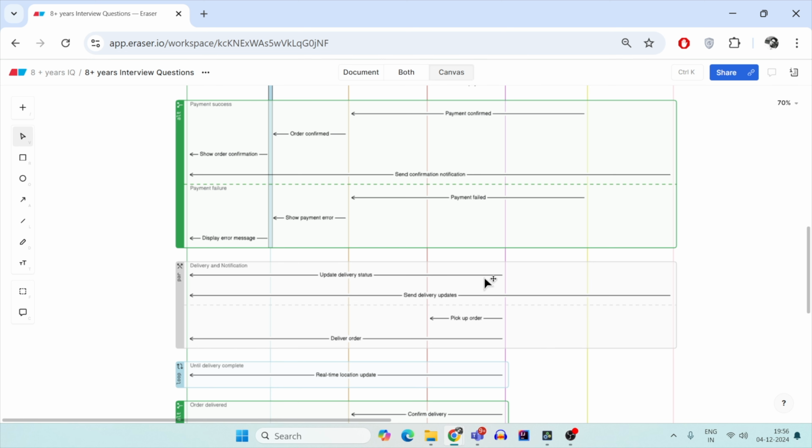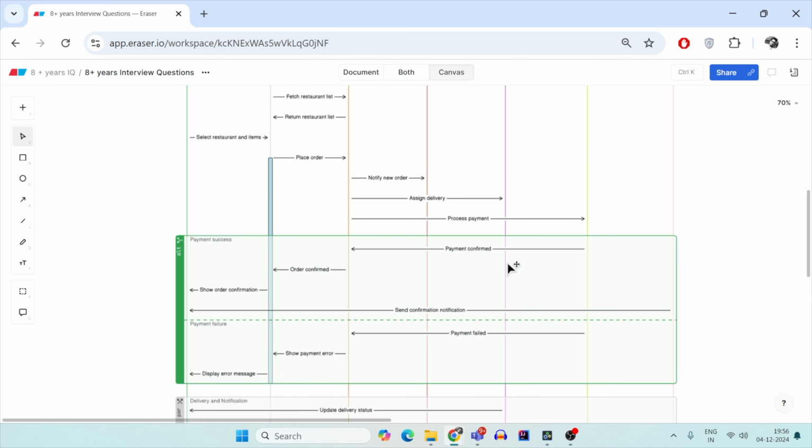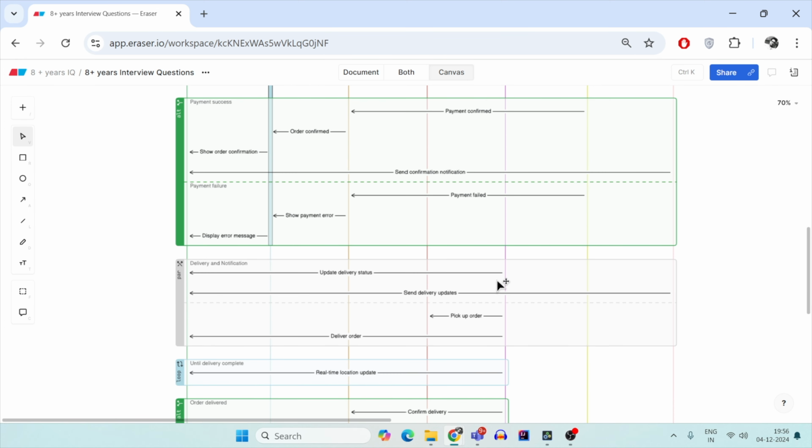If the order is placed successfully and has not failed, then the delivery agent has to update the delivery status to the consumer. So you basically have live tracking of your order if the payment is confirmed. So this is the second use case or scenario, where the payment is confirmed and you have to update the delivery status. Also, the notification service will be responsible for asynchronously sending the push messages, emails or SMS to the consumers that here is your order, this is delayed, or whatever.